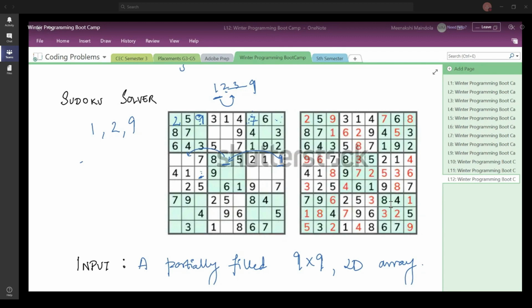And we are going to see how is it that, because there are a lot of things that we have left up to you. You can, let us say, pick up from numbers 1 to 9, or let us say from 9 to 1, or in whichever form that you want to do it, right? And then the next thing which we have kept up to you is that if you want to fill in the empty cells row wise or column wise or whatever way. Okay.